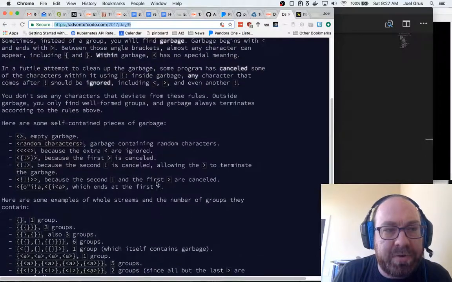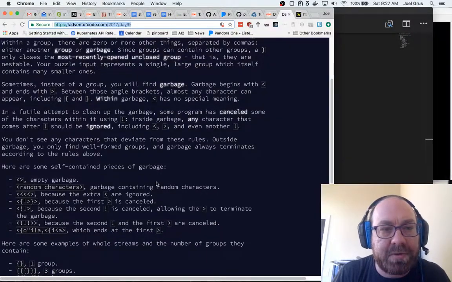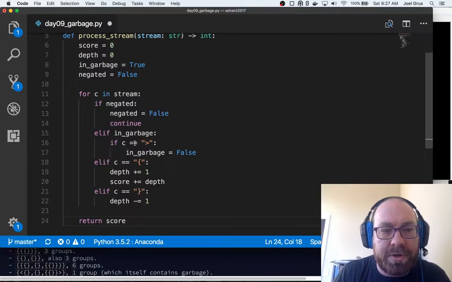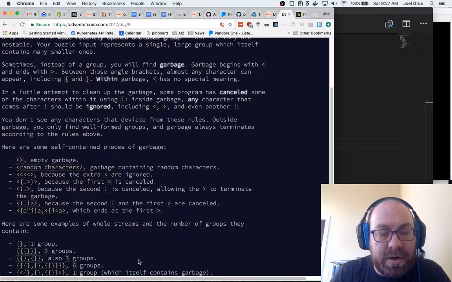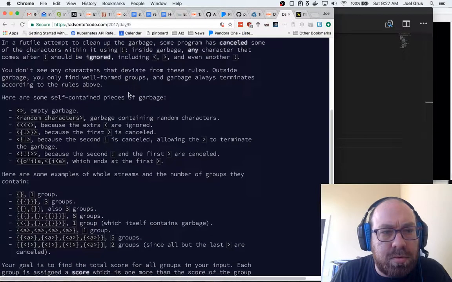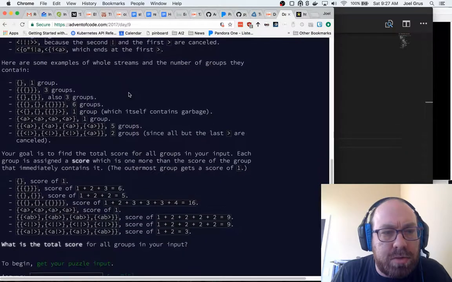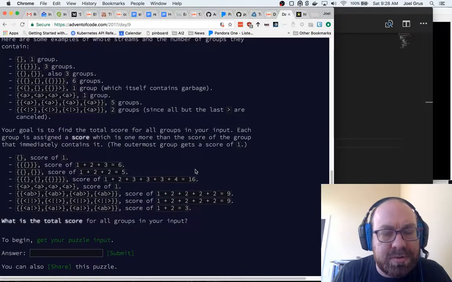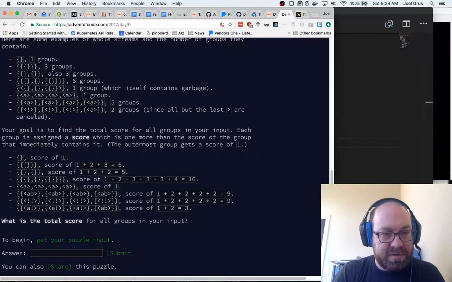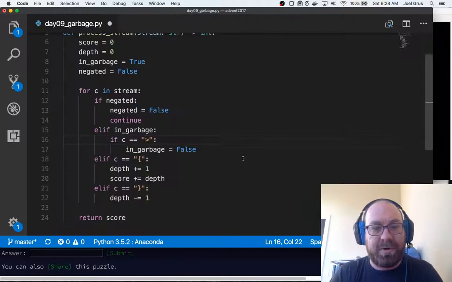So let me read the rules again real quickly to make sure I've got them right, but I think that's right. So garbage, when we're in garbage, basically just ignore stuff until we get to a closing angle that's not negated. Let's just try some of these, and either they'll work or they won't.